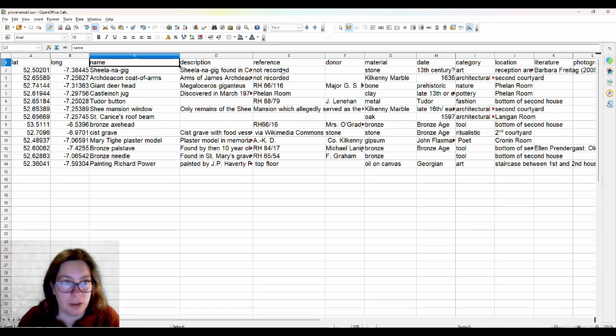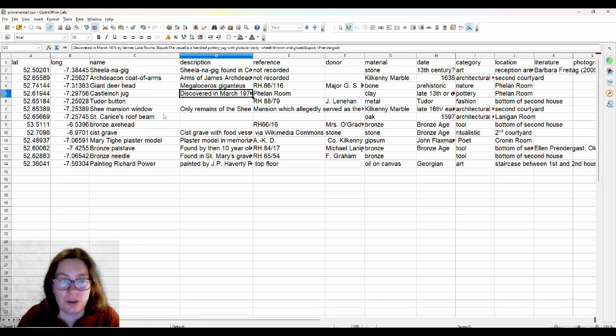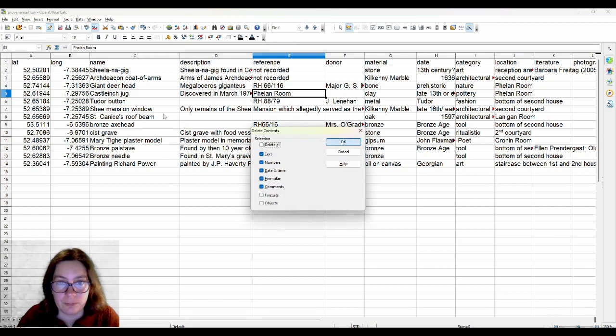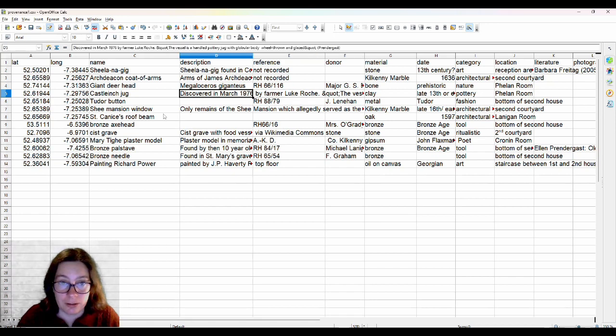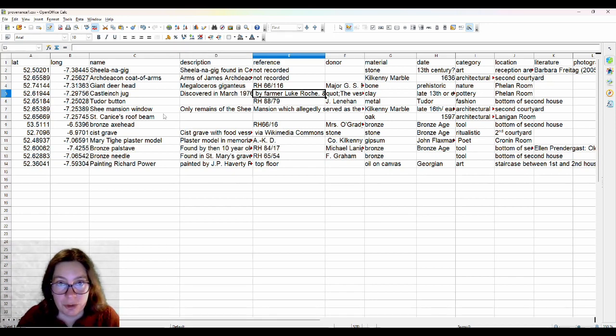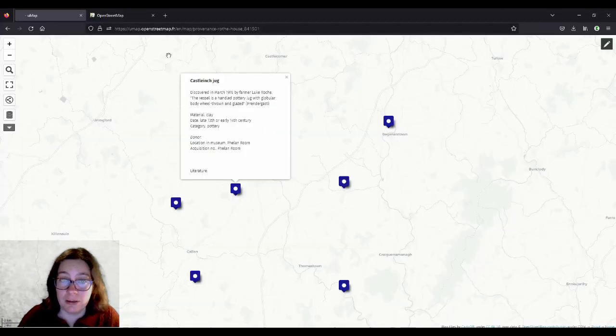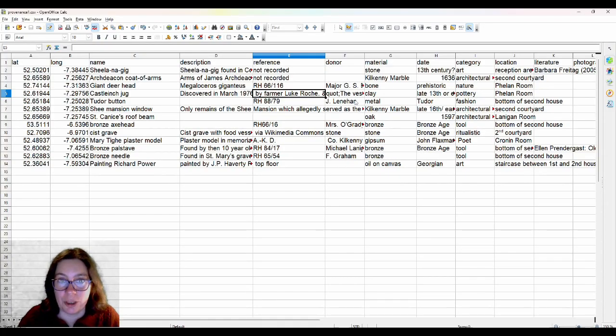Where is my reference? Castle Inchjug. But that's the thing, you can just go back into the spreadsheet and find your mistakes and correct them. You don't have to go into the spreadsheet, but decide on a method. Don't mix them up, because you can change it on UMap, but you also have to update your spreadsheet in case later on you upload your spreadsheet, you import your spreadsheet data, and then it will import the older version of it, and you don't want that.